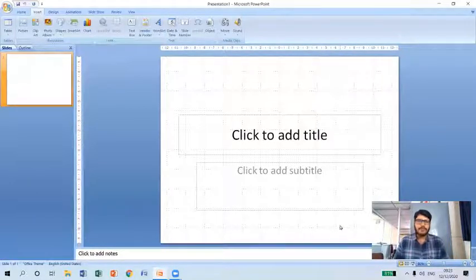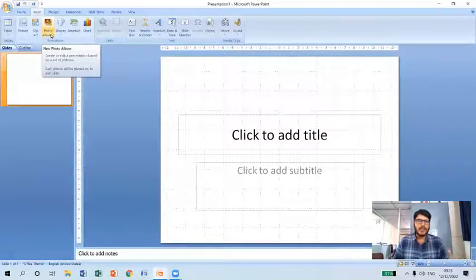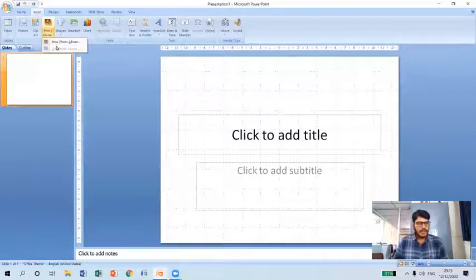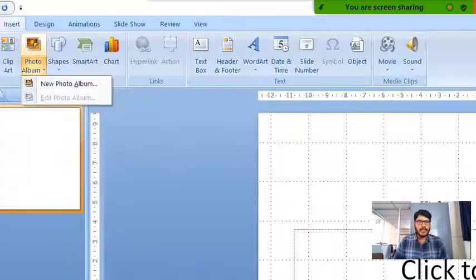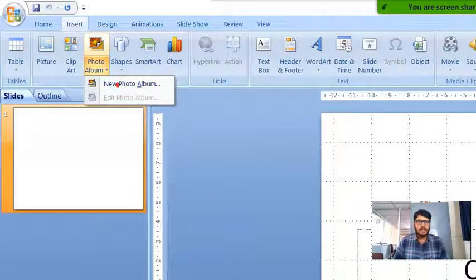Where in which I can create a photo album now. To create a photo album, I'm going to simply click on this photo album option here, so that it will create or edit a presentation based on a set of pictures that we are going to provide. So let me click here, and you can see it is displaying two options: new photo album and edit photo album.